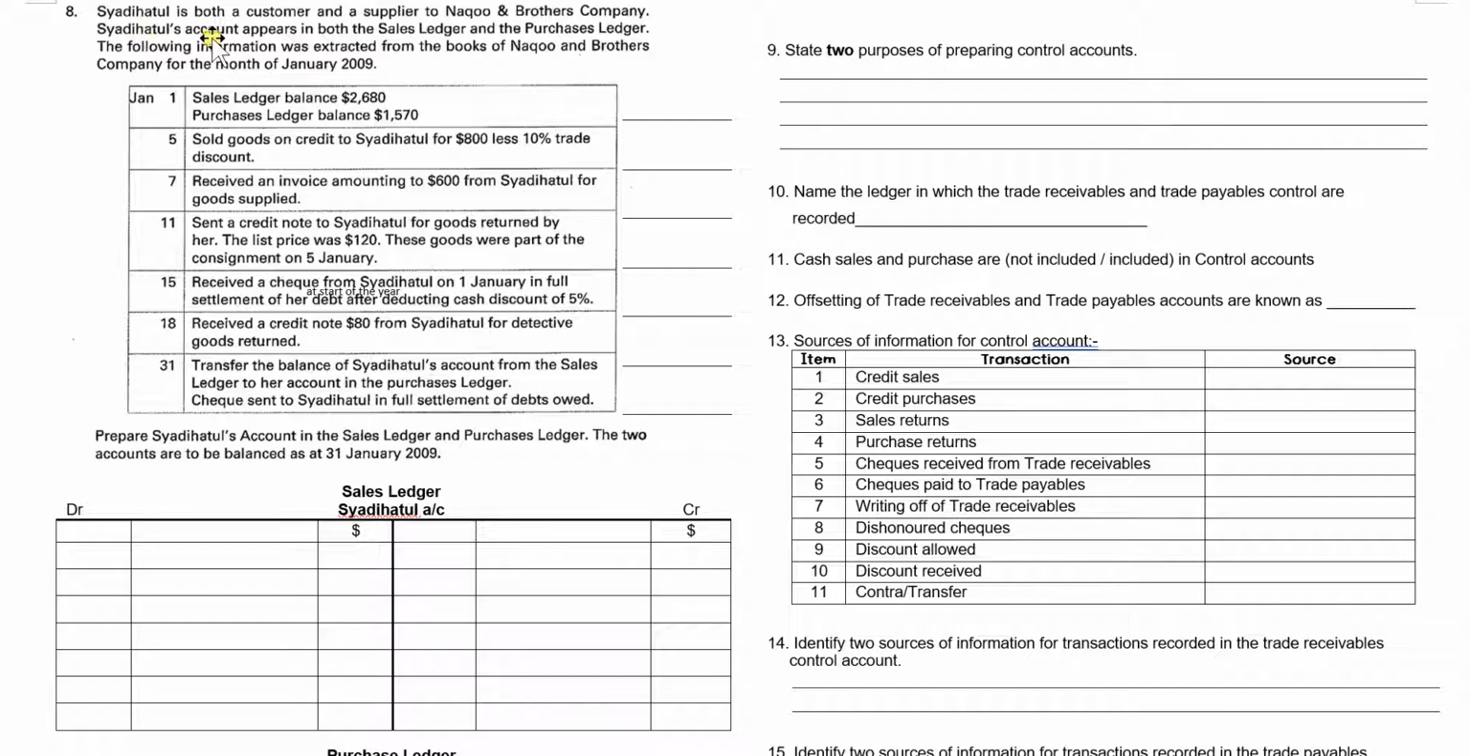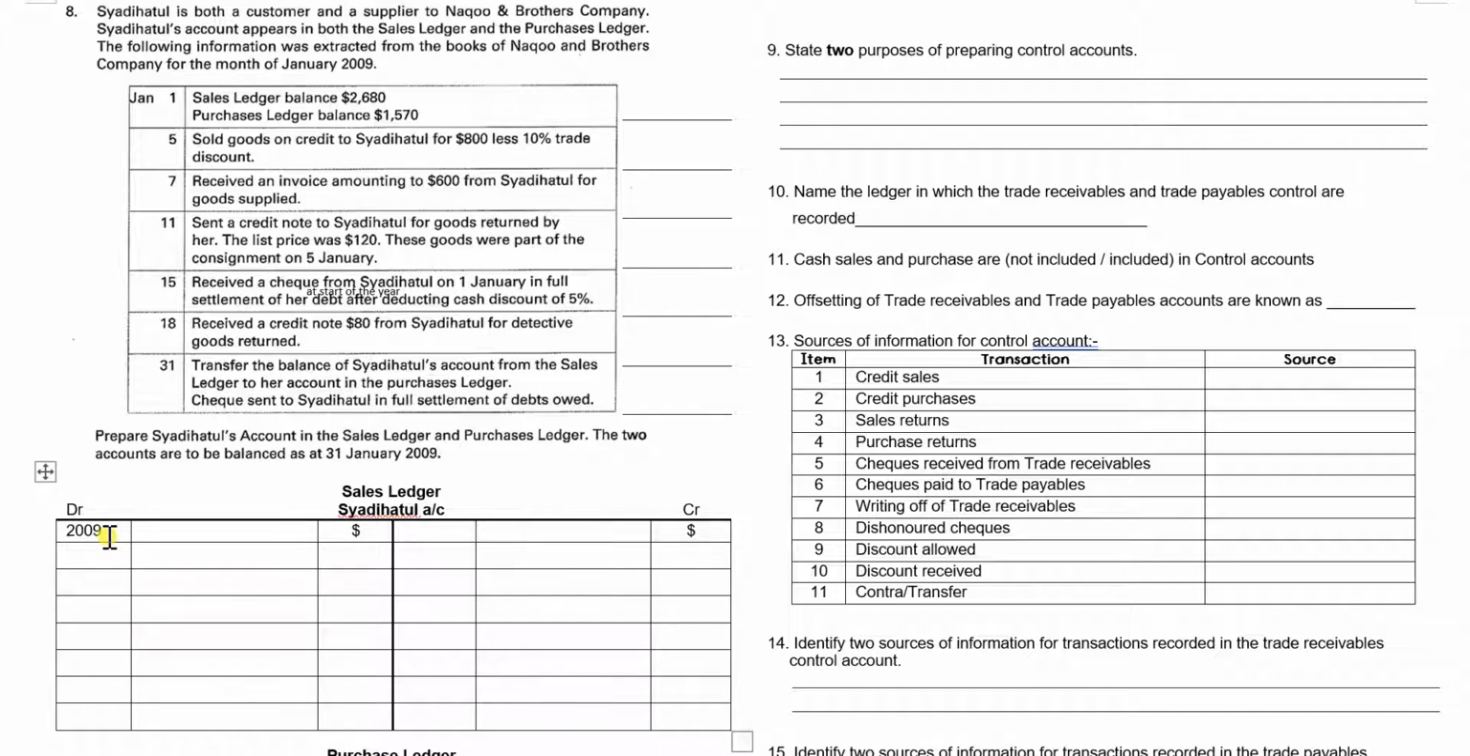So Shadihato is both a customer and a supplier to Naku, so that's why she or he appears in both the sales and the purchase ledger. So this is from the books of Naku and Brothers. So sales ledger balance, so we'll write over here,